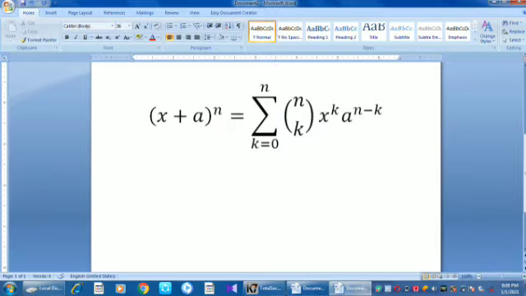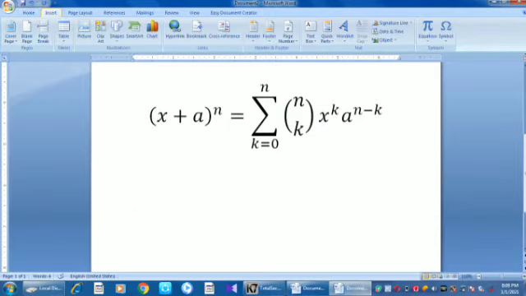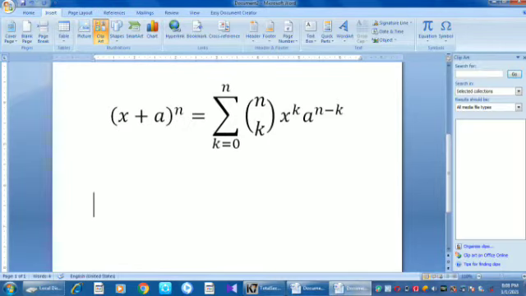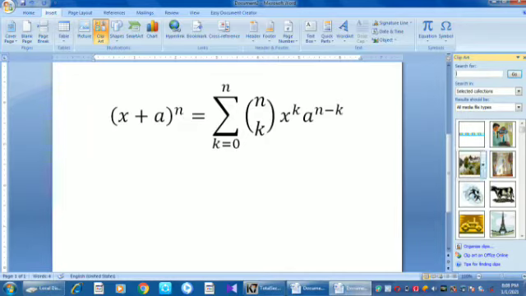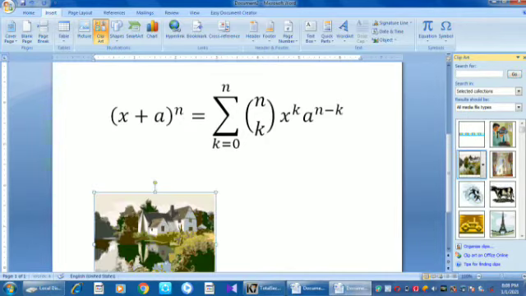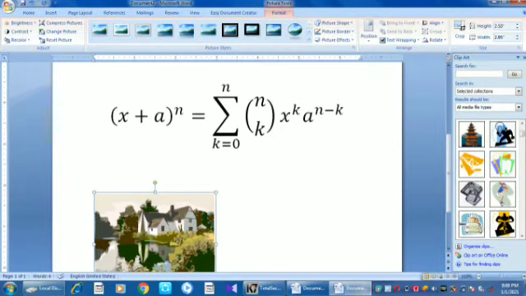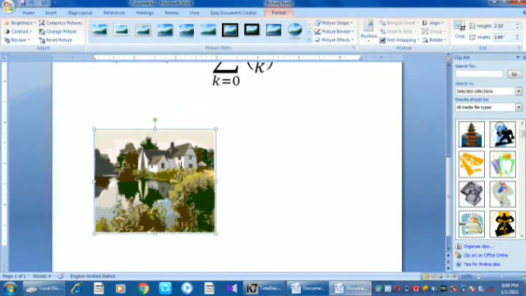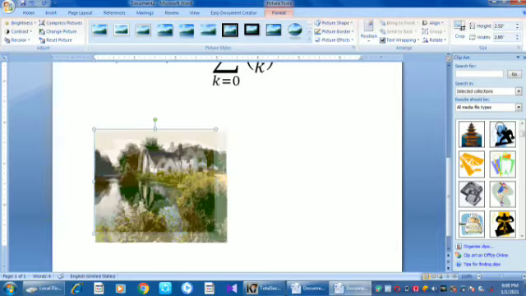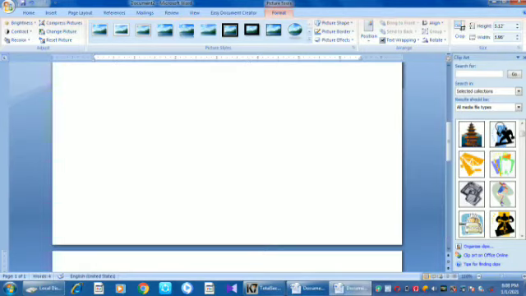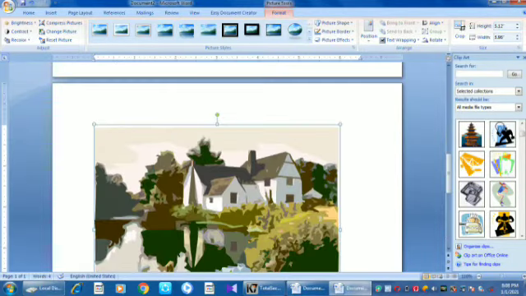Place the cursor, then click insert tab, then click the clip art button here. Clip art. The clip art pictures available here. Suppose we want to add this picture means we can select, the selected image will be inserted here. Suppose we want to resize the image means we can click this corner and drag the mouse means the size will be enlarged like this.